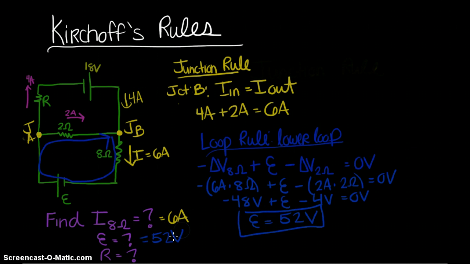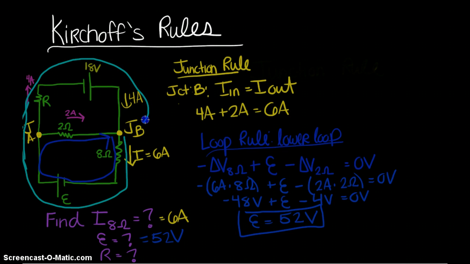Alright, next up I want to find the resistance of this unknown resistor, right up here at the top. So the loop that I've already made is not going to get it done here. I definitely need to have a loop that contains that part of this multi-loop circuit. So I'll start here, come down. I'm going to go all the way around. So my loop went off the page here. Sorry about that. Come all the way around here. I'm going to go